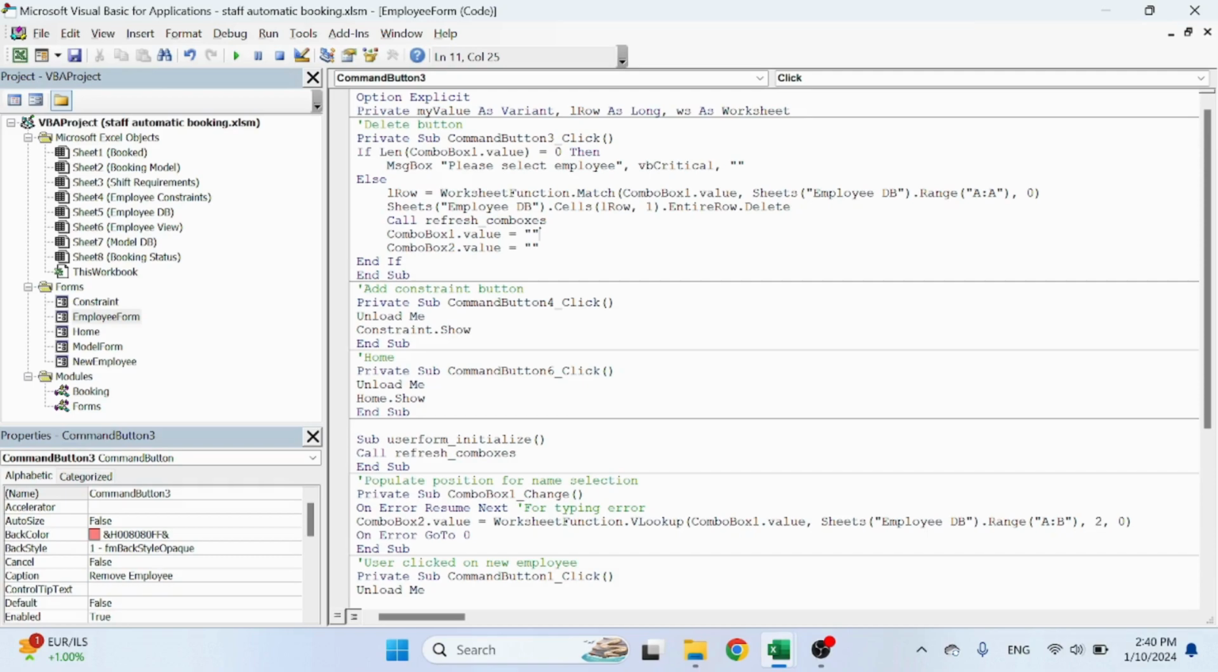So combo box value, which is what you selected, Sheets employee database, range A, so that's the column of the employee names, comma 0, so I want to have an exact match. And then I want to delete that person, so Sheets employee database dot Cells last row comma 1, EntireRow.Delete. And by the way, the reason I'm using the full name and not a parameter for the sheets, because